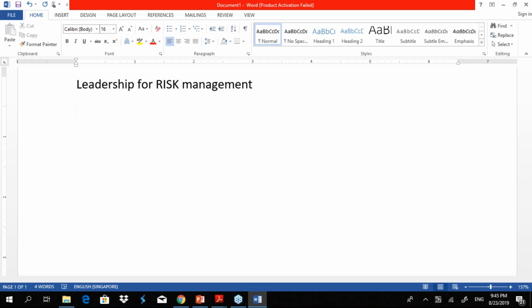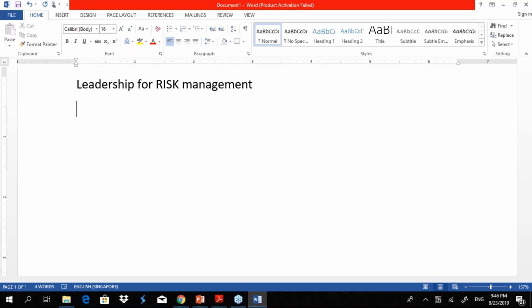Another point is that see, audit committee will have the expertise on financial accounting and audit concerns, and they might or may not have expertise on identification of risk and risk management.